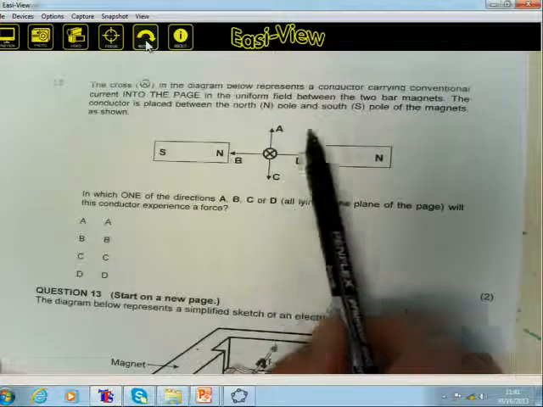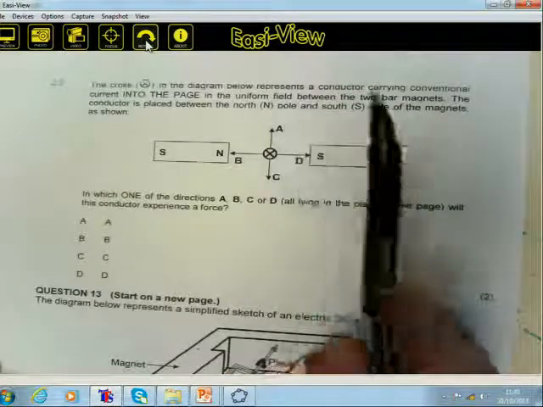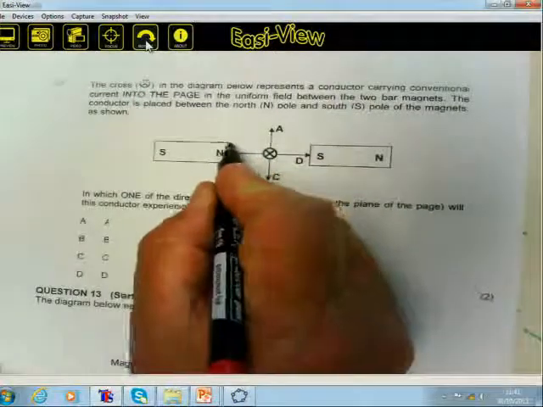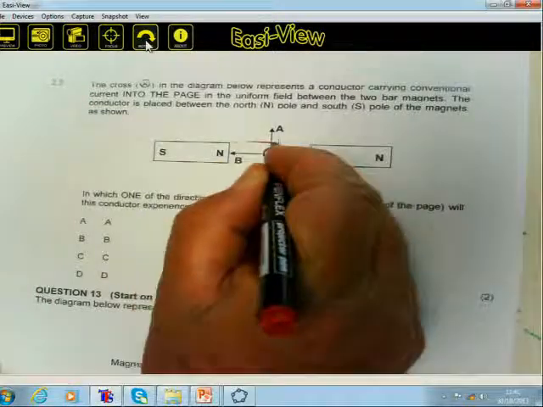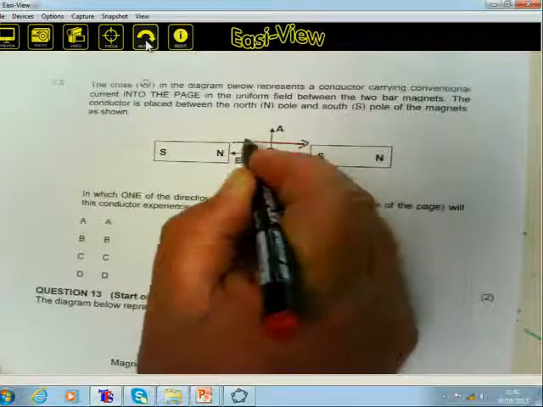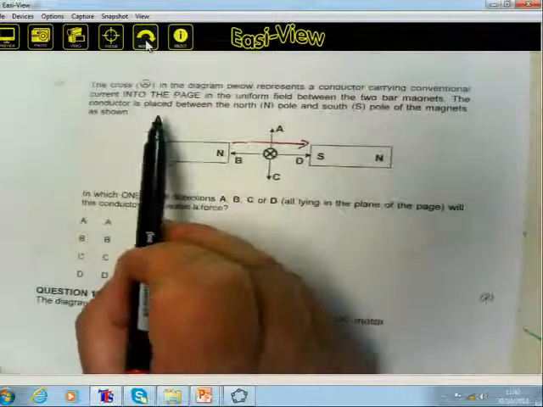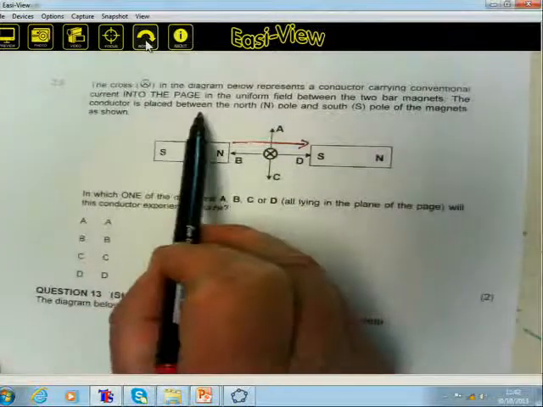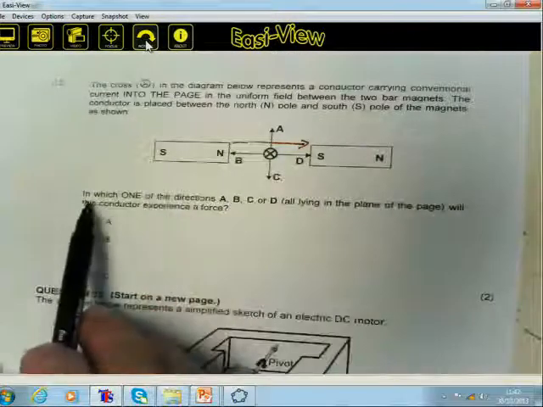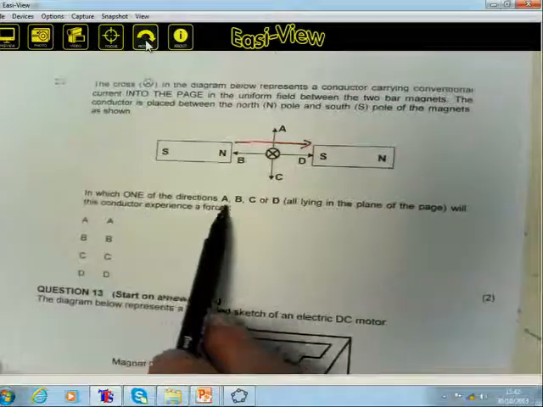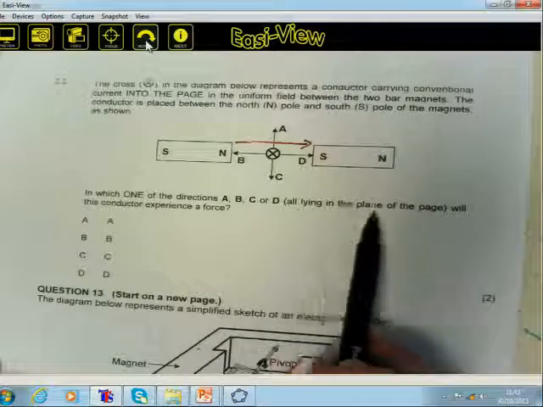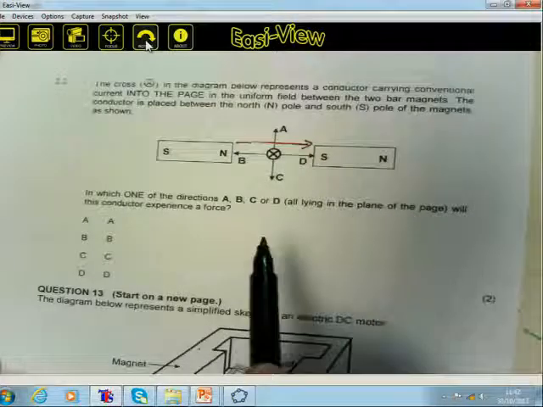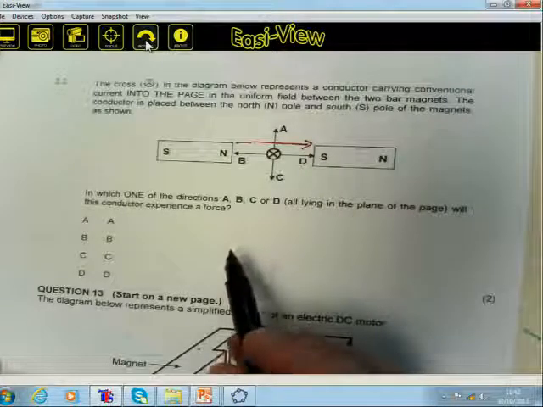And it's between 2 bar magnets. And you will therefore see that the direction of the magnetic field is from north to south. The conductor is placed between that. The question is, in which one of the directions, A, B, C, or D, will the conductor experience a force, all lying in the plane of the page? Now, which rule must you